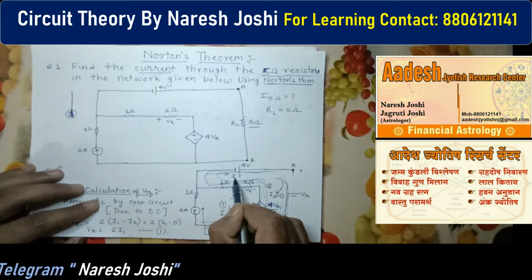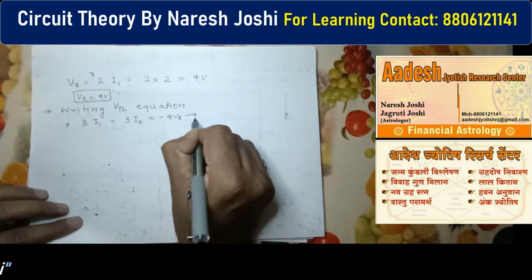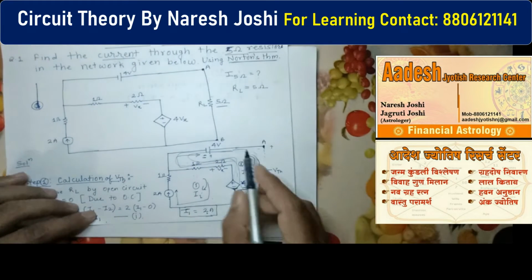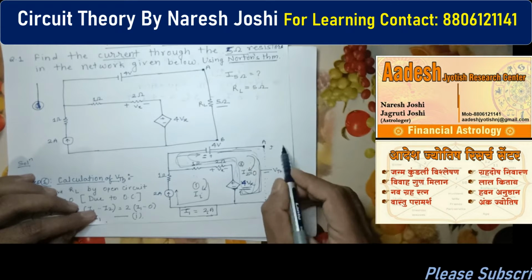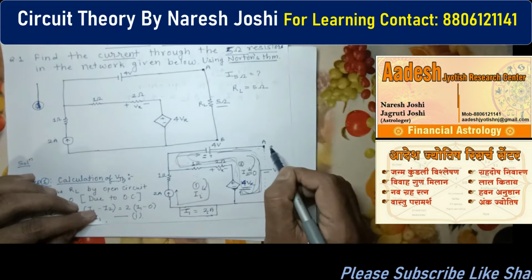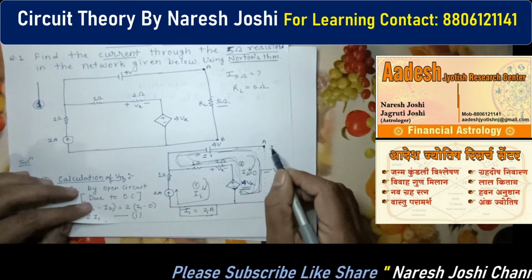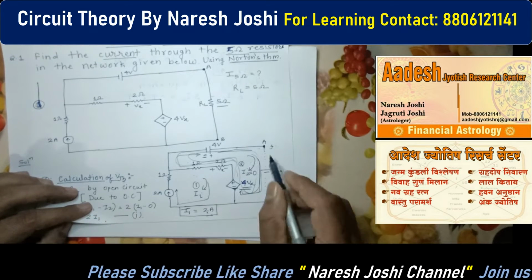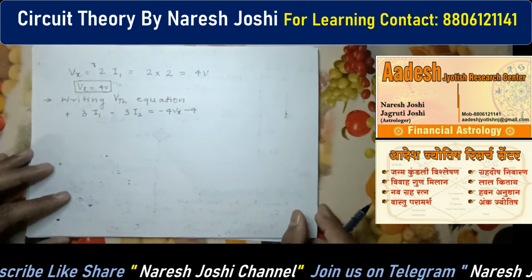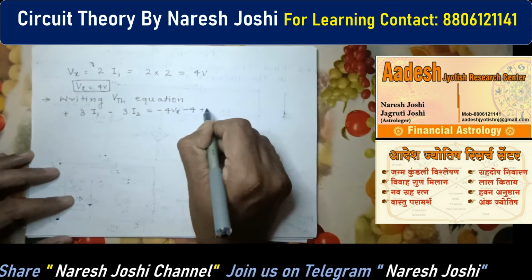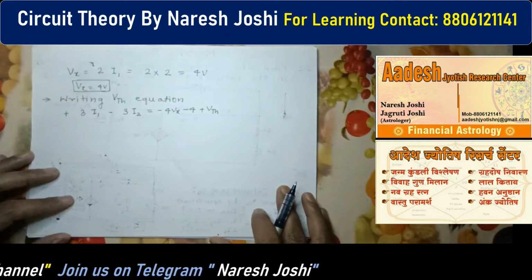So here you can see we have to write down minus 4Vx. Clear. And later on we have to come here, so here is a plus sign, because we have to identify this VTS. We have considered VTS is connected across this A and B terminal. Clear. So this is the positive one, this is the negative one. This is a plus terminal, so we will write here minus, plus VTH, because plus is there, so we have to write down plus VTH. Okay, so this is the complete equation.